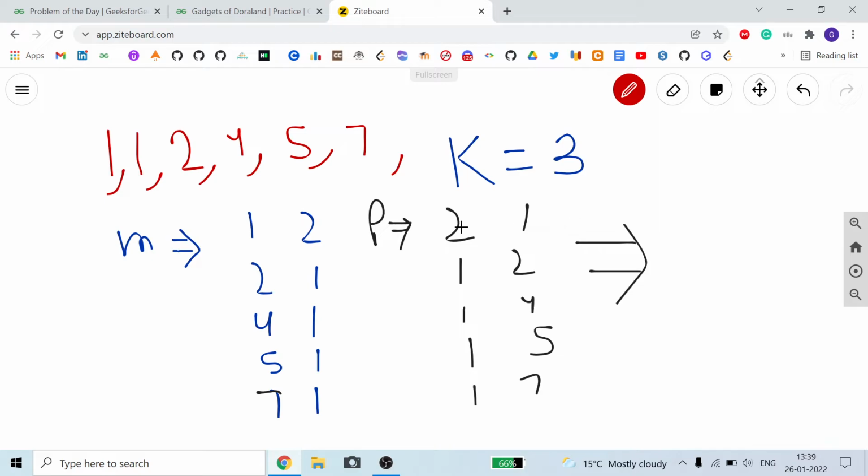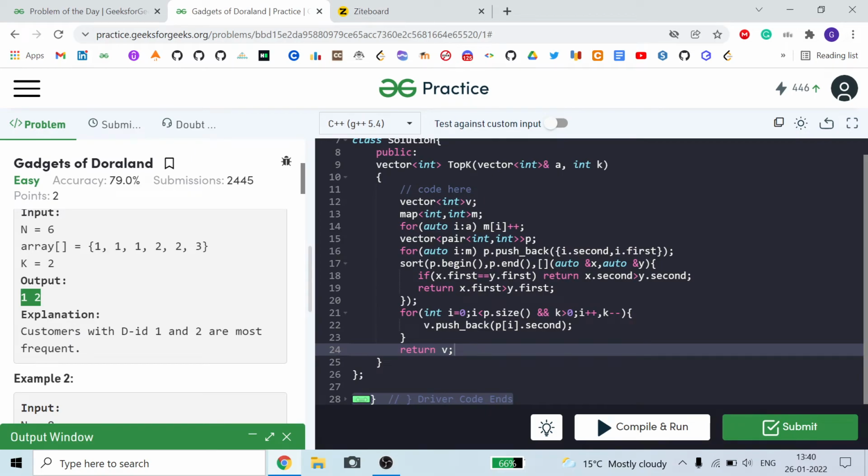So how will I sort it? This is my sorted p. After sorting, just understand it, I am telling you: 2 occurrences of number 1, and as you can see, the other numbers occur 1 time. So as you can see, if my x.first is the same, meaning the occurrences are the same, then I will store the maximum number of the second in my first place.